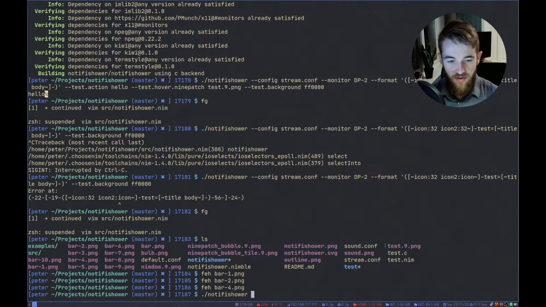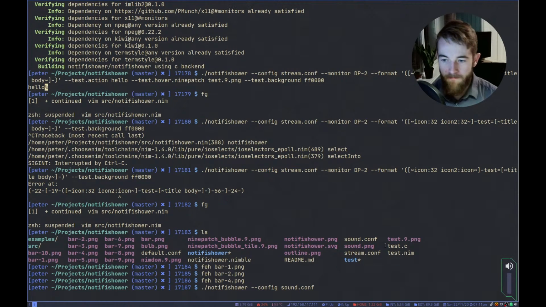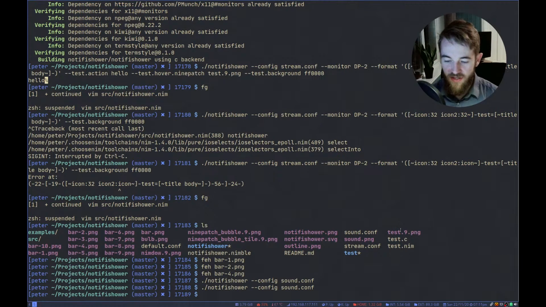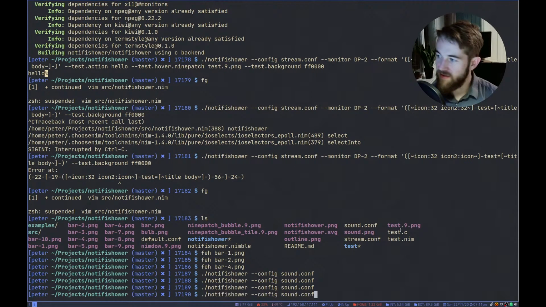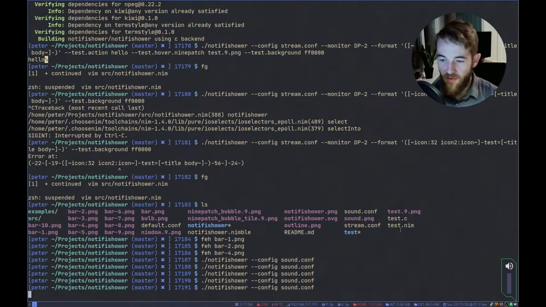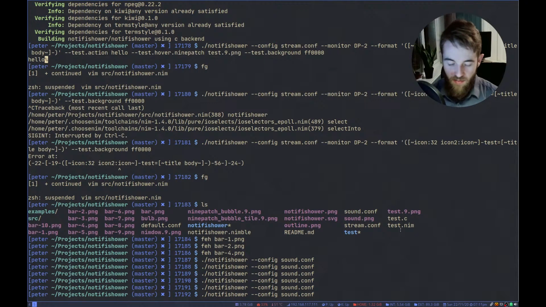So if we run Notifier with the sound config, it looks like that. Just a small sound icon with a bar, and I can pass in I think it's bar.image.